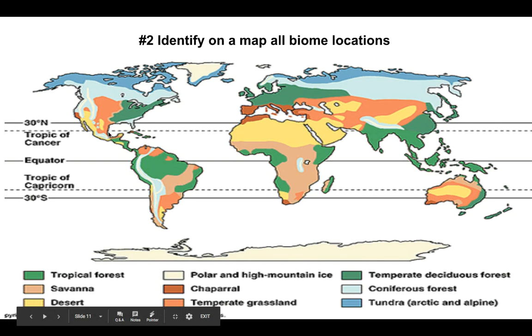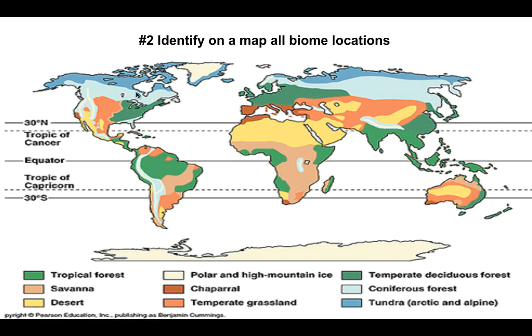Coniferous forest. These are those locations all up here in Canada, much of northwestern United States is coniferous forest. And then we have this tundra, which is mostly up here in the north on the globe. So